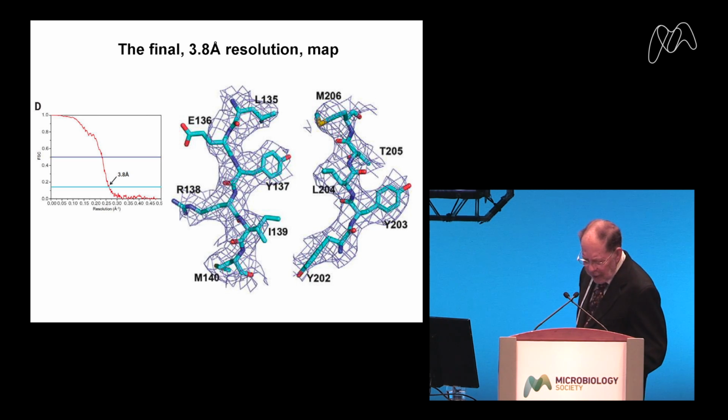So this was nice density, which we got at near atomic resolution for Zika virus, which we had never achieved before for other flaviviruses. Sorry, I have to go back a minute. I was going to tell you about the differences. The difference corresponds to asparagine 154, which is glycosylated.